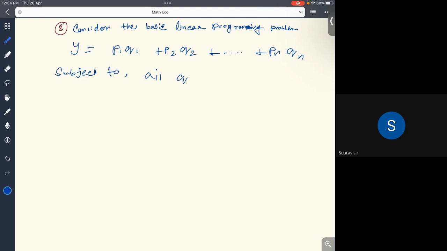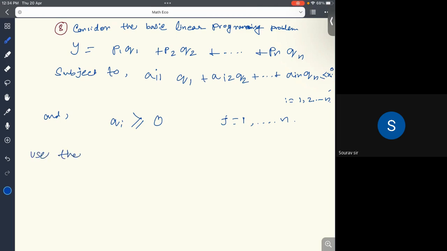ai1 q1 plus ai2 q2 plus dot dot dot plus ain qn less than or equal to xi to the power 0, for all i running from 1 to m, and qj is greater than or equal to 0, where j is equal to 1 to n. Now the question is: use the Kuhn-Tucker condition